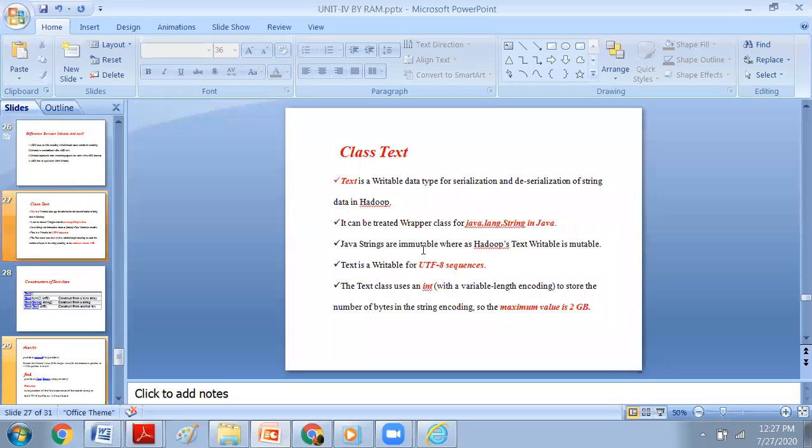Tomorrow we will discuss our actual topic, the Text class in Hadoop, which is equivalent to the String class in Java. We will discuss that in the next class. Clear. Thank you.